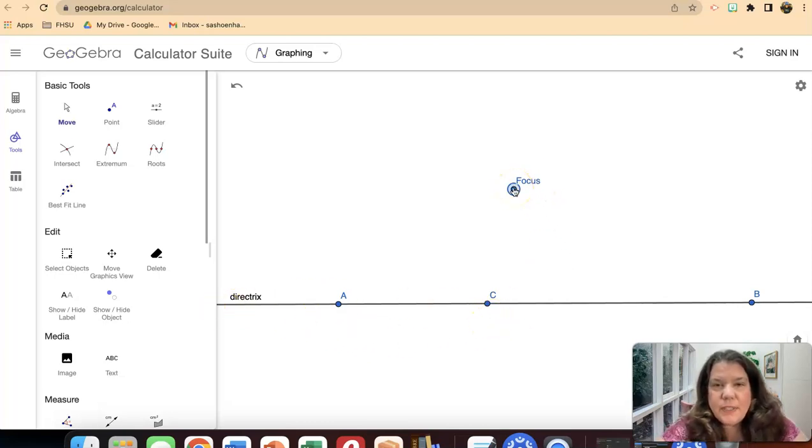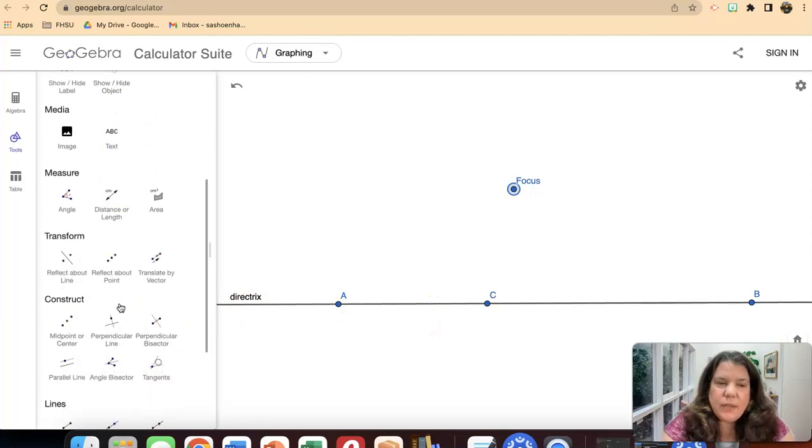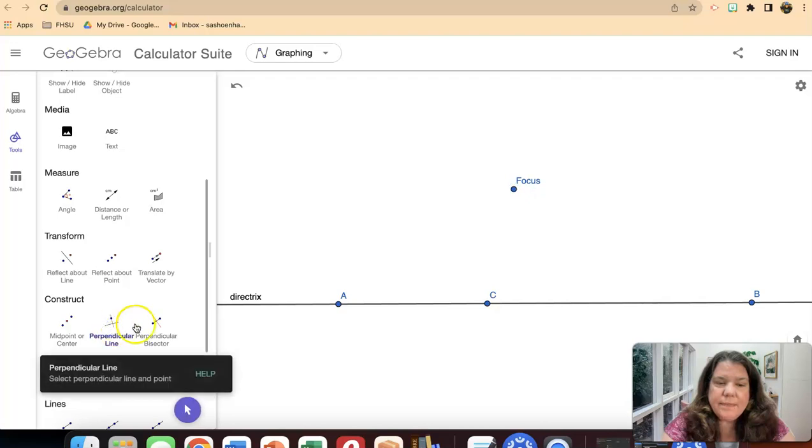I'm going to use a little bit of the geometry tools that we've learned previously. To do that, the first thing I'm going to do is create a perpendicular line through point C that's perpendicular to the directrix. Scroll down to construct perpendicular line. I select the line